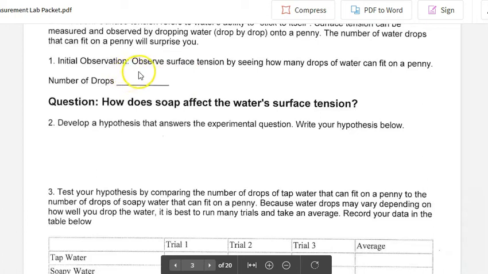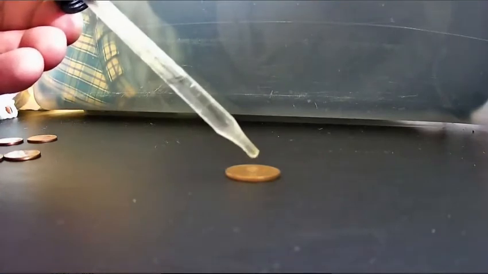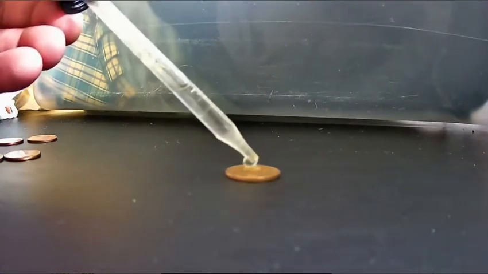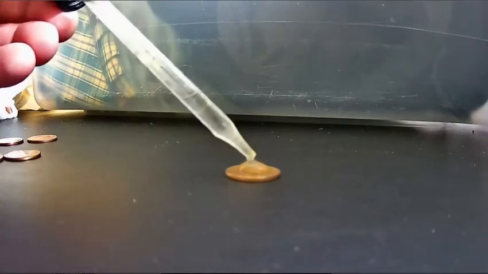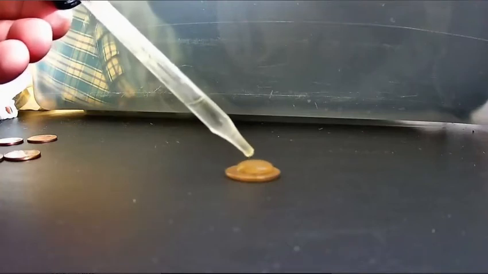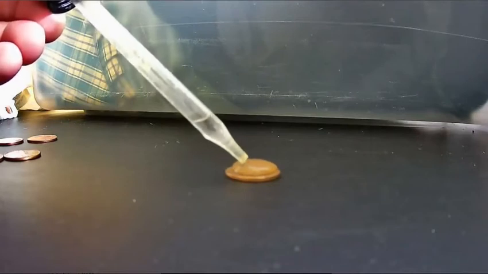So this first thing, the initial observation, says to observe surface tension by seeing how many drops of water can fit on a penny, and it asks us to count the number of drops. So that's going to be the first thing we do. Okay, I have my penny here, and I'm just going to start adding drops, and we're going to count it. 1, 2, 3, 4, 5, 6, 7, 8, 9, 10, 11, 12, 13, 14, 15, 16, 17, 18,